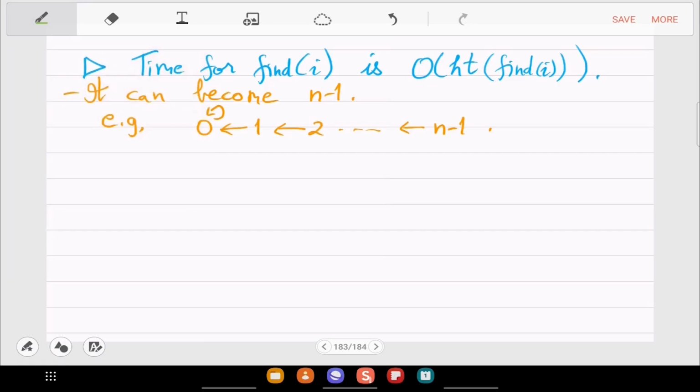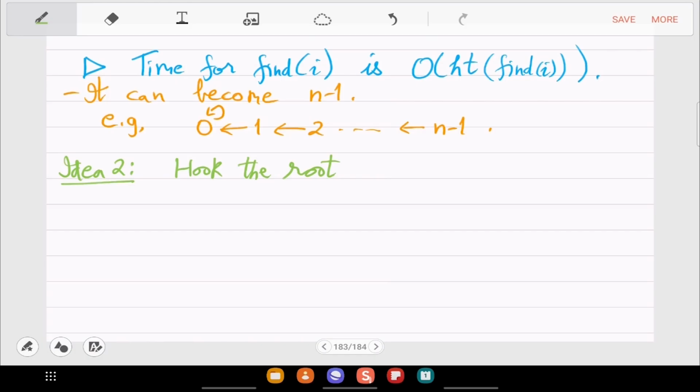So to not increase the height, we should just hook 1 to 2. So that will minimize the height. So let's do that. So that is idea 2. So hook the root.